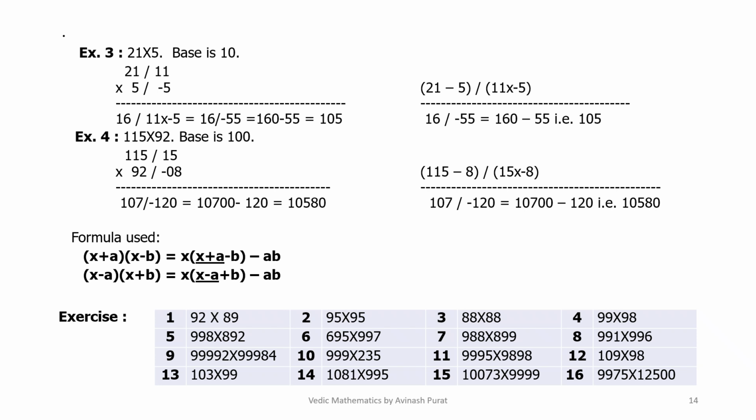Mentally it can be done easily. 21 minus 5 stroke 11 multiplied by minus 5, that is 16 stroke minus 55 equals 160 minus